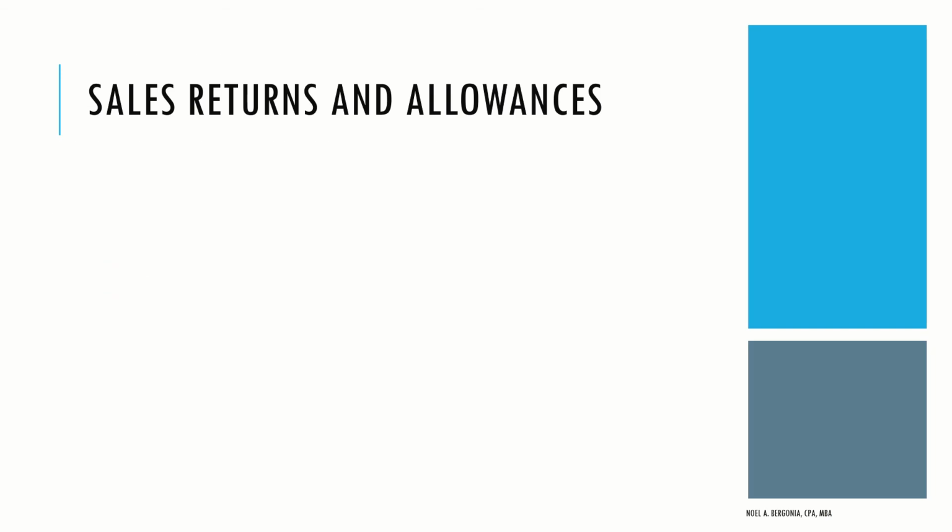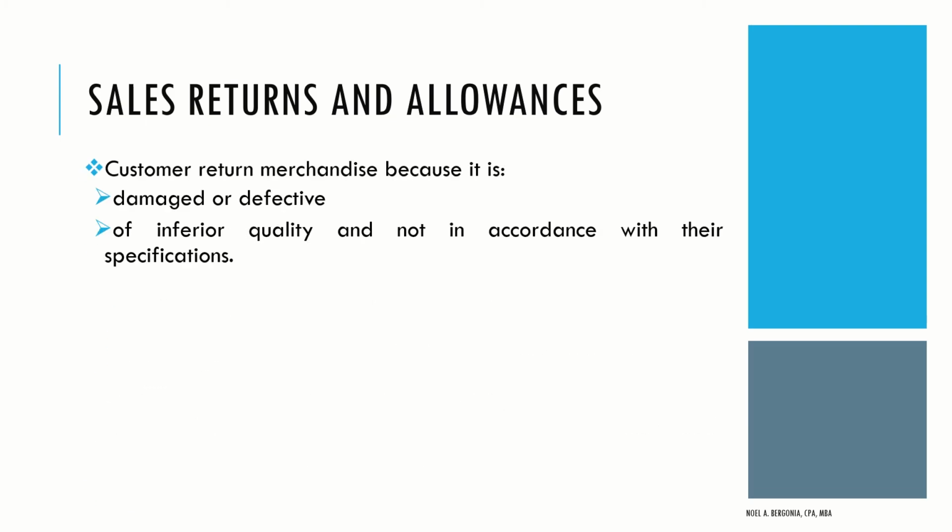So the next element in our net sale computation is the sales returns and allowances. So bakit nga po ba tayo nagkakaroon ulit ng sales returns and allowances? As mentioned to you a while ago, there will be a return by the customer. And bakit po nagbabalik yung customer natin? No? Dahil hindi kanya gusto, hindi, joke lang.